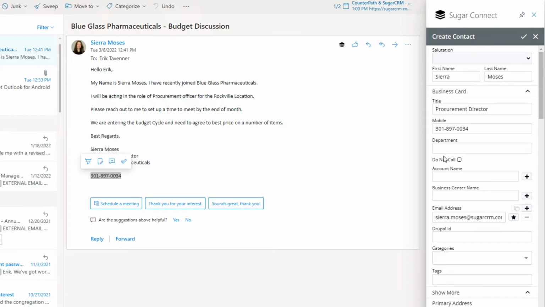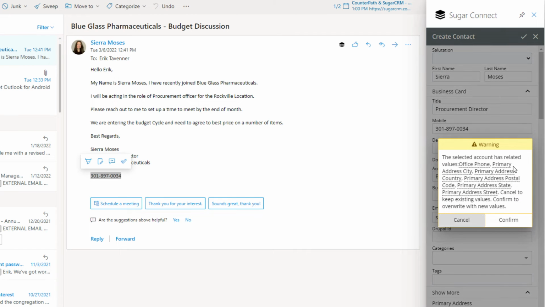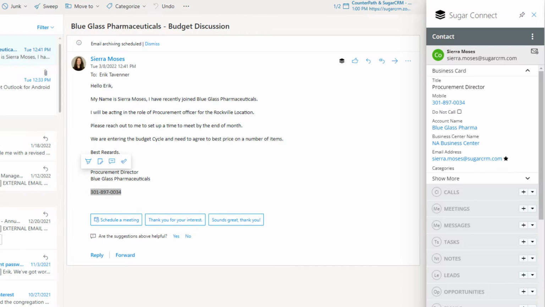Since I already know her account exists because I work with them all the time, I'll start typing the name of the account. As you notice, Type Ahead locates the account for me and offers to fill in the additional details, since the account is already known. Click the check mark, the screen refreshes,